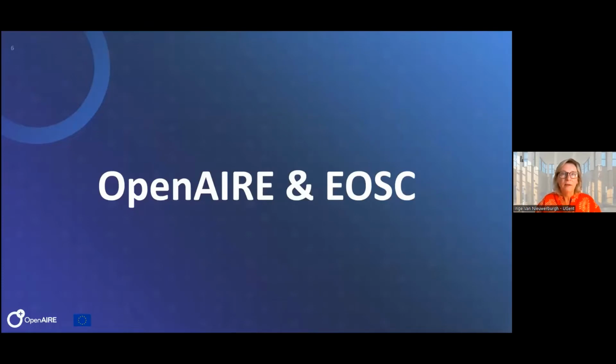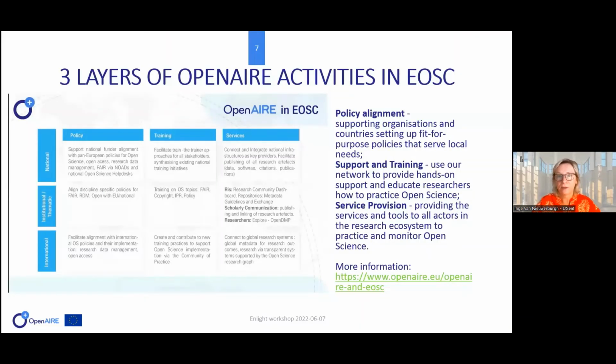Now, when we talk about OpenAIRE and EOSC, there are several connections between the two, because as you already saw it, with the research graph, it is a distributed, federated infrastructure. This means that you have a lot of providers out there, like the repositories in our universities, like services like the DOAJ, for example, the Directory of Open Access Journals, and so many others, and all the research infrastructures, of which we have seen a few examples today.